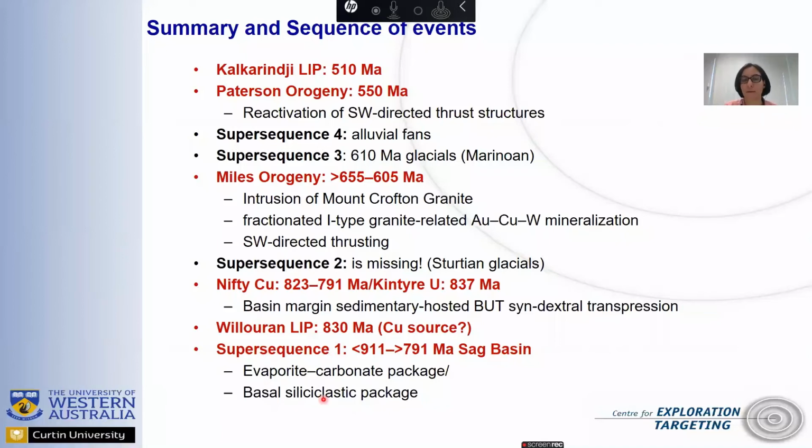a sag basin, and then we have a large igneous province around 830 million years, which can be considered as a source for copper mineralization. Then we have a syn-dextral transpression because of the Nifty mineralization. Then we have a southwest directed thrusting because of intrusion of the Mount Crafton granite and gold and copper mineralization. And finally, we have a Paterson Orogen at 550 million years, reactivation of southwest directed thrust structure. And then we have a Kalkarindji large igneous province at 500